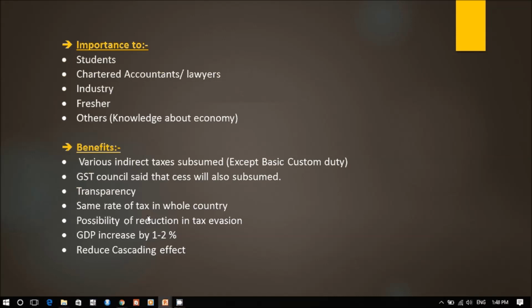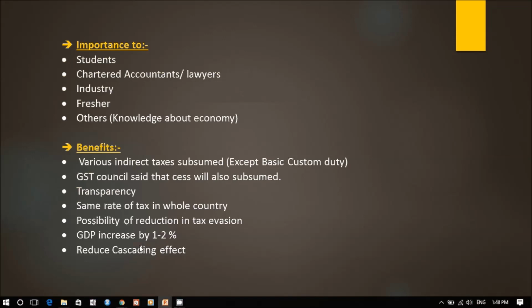And one more thing, the GST system is prepared with the use of a lot of high technology. So there would be a transparent system. Like if I talk about the input tax credit, when the supplier gives the information about the sales, then the recipient would give information about the purchase, and these are going to be matched with each other. So technology also plays a major role in the reduction of tax evasion.